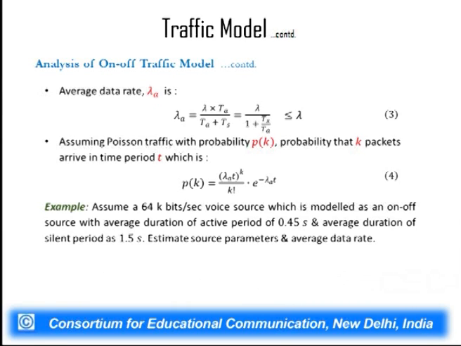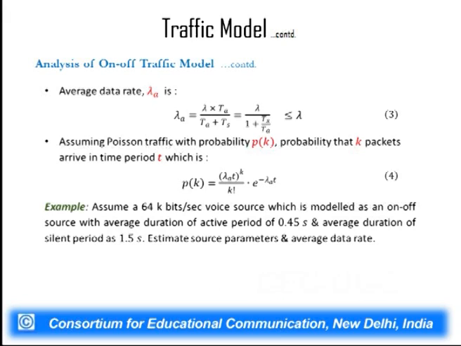Obviously, since the traffic we are assuming is Markov based, and Markov relies on the Poisson property, we can say that the traffic is based on the Poisson distribution. So, assuming Poisson traffic with probability pk, where k is the number of packets that arrive in time period t,